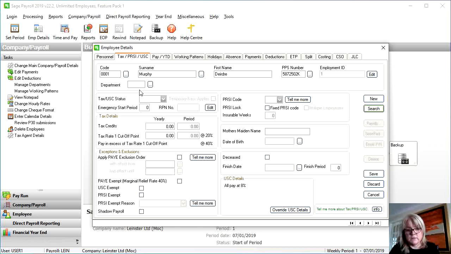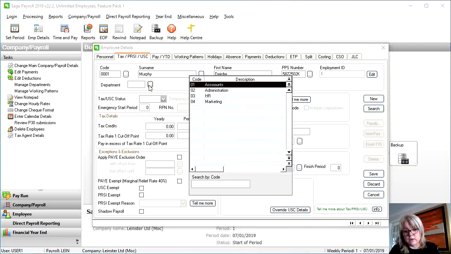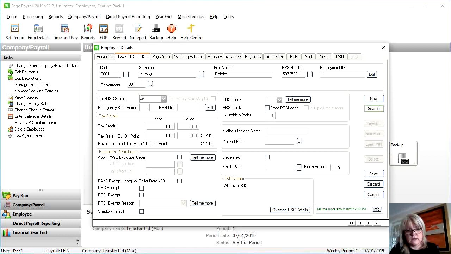And once you have the basics filled in there, the next thing is to go to the second tab for tax PRSI. And in here, if I work down through the fields, the first field there is department, and it's the HR department, so select that. And tax USC status, again, this is normal salary, so I'm just going to click normal there. And there's no prior earnings in this first week. PRSI code is A1,